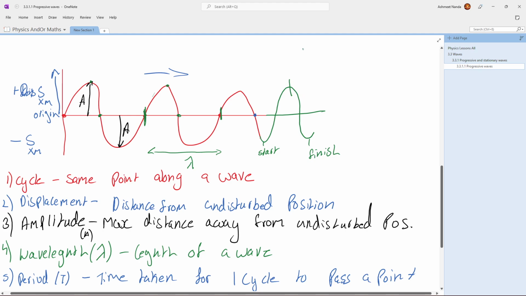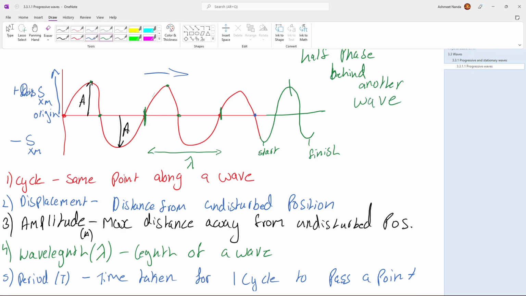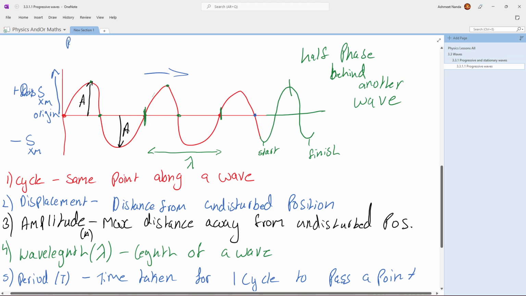So if something was half phase behind another wave, it would look like, so if the red is wave 1 and blue is half phase difference, so lambda over 2, since that's the wavelength divided by 2, that's the phase difference, our thing would look something like,